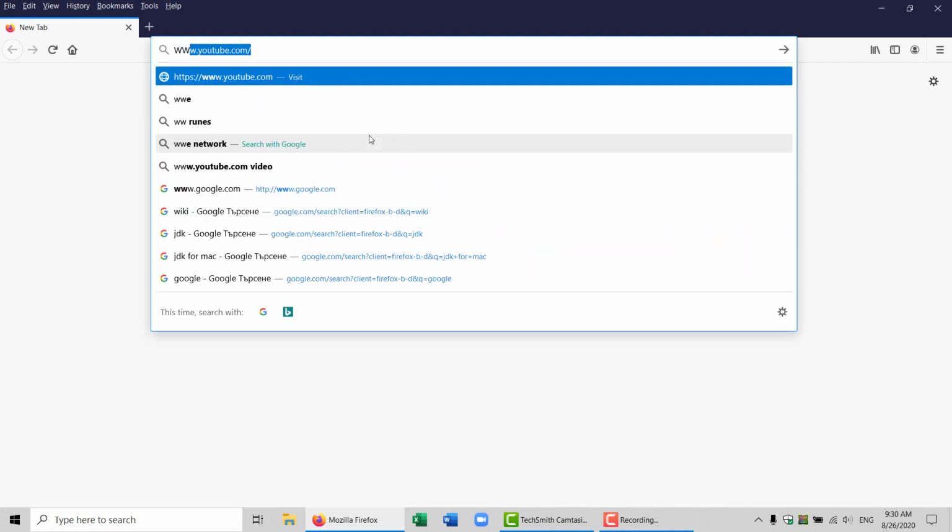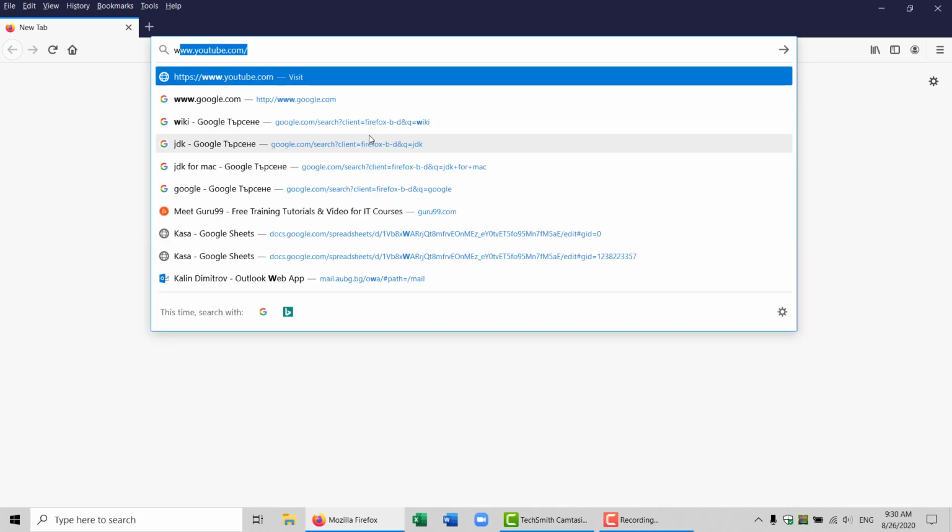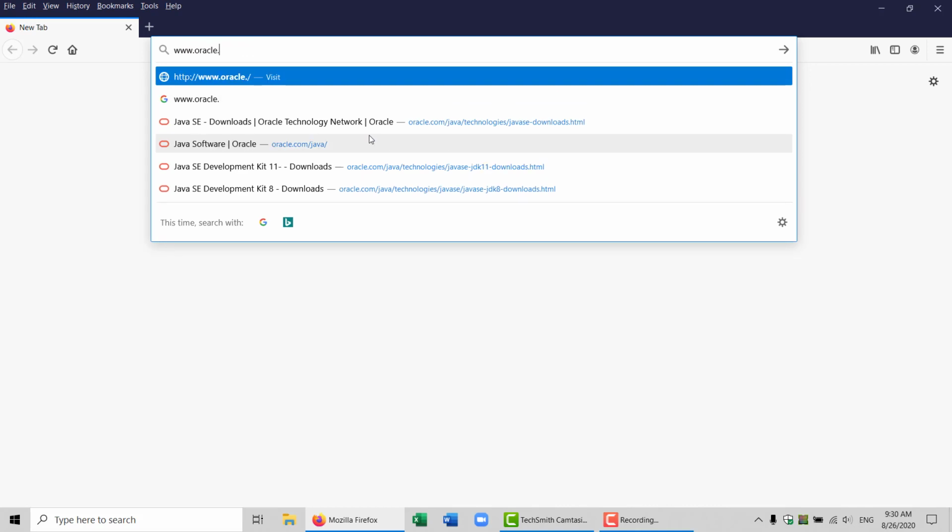First thing I'm going to do, currently Java belongs to Oracle. They bought the rights from Sun Microsystems in 2010, which means whatever the latest software is, it's going to be available on the Oracle website. I believe I do have a version of JDK installed on my laptop. It's probably not the latest version, so